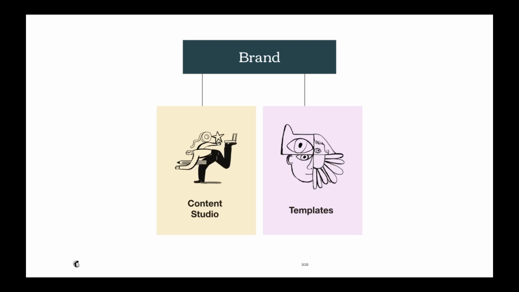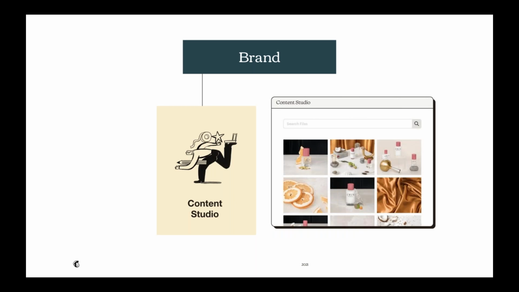This takes us to the next aspect of MailChimp's all-in-one platform, building your brand. Our helpful design tools and the ability to keep all of your assets in one place makes it easy to show your business in the best light across different channels. MailChimp has a few tools to help you with your brand management. The Content Studio organizes your images, documents, and other files in MailChimp. You can use it to easily store and share content with your audience.